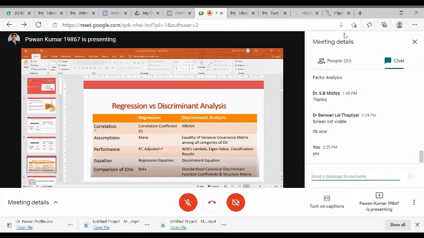Now, first of all, let me take you to the discriminant analysis menu in SPSS. I am taking one example of State Bank of India, the application of discriminant analysis. Let's say there is a bank called State Bank of India, and it is going to issue credit cards to the customers.